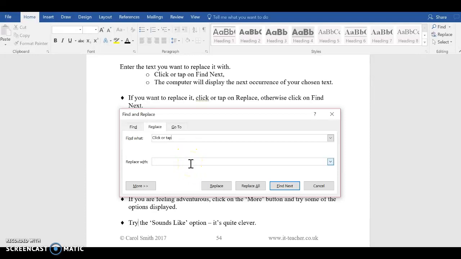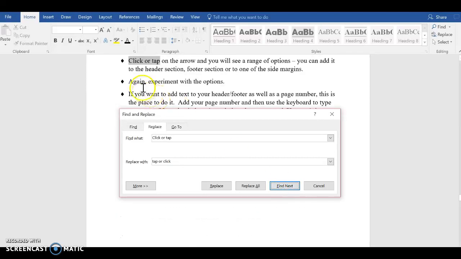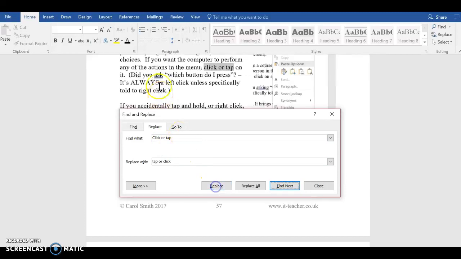and then in the box underneath you type the text that you want to replace it with. So imagine that I've decided I want those the other way round, and I actually want it to say tap or click. Now you can go through one at a time. I recommend the safest option, find next, and it will search your document, and then you can replace each one